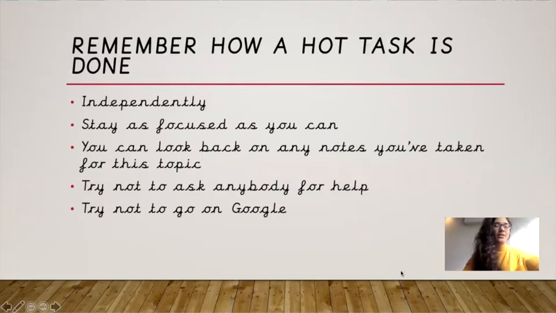Now, remember how a hot task is done. You are to do it independently. So that means that you can't ask for help, because in school, I would not be giving you the help either. Obviously, that's the point of a hot task, just to remind you, it's to see how much you've learnt